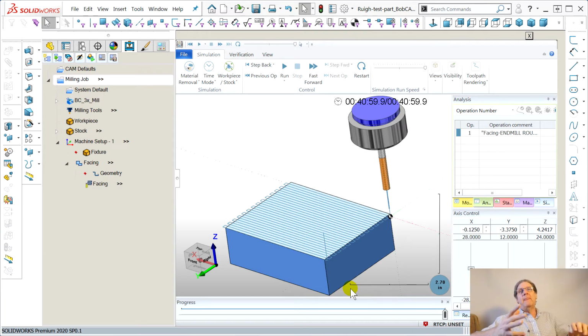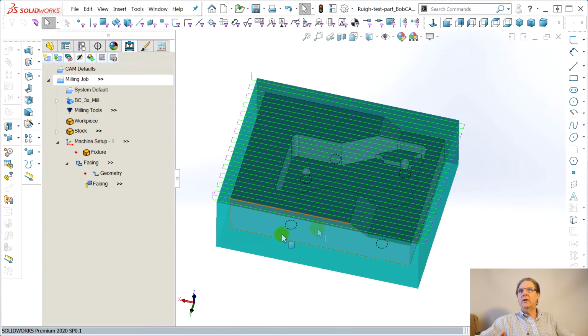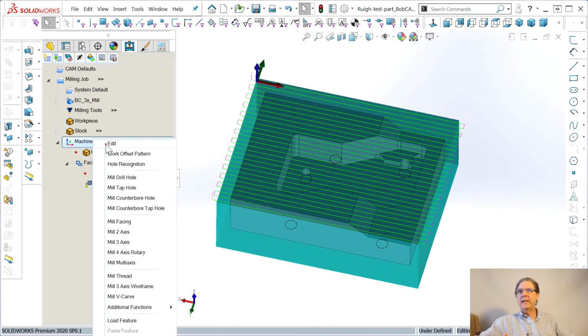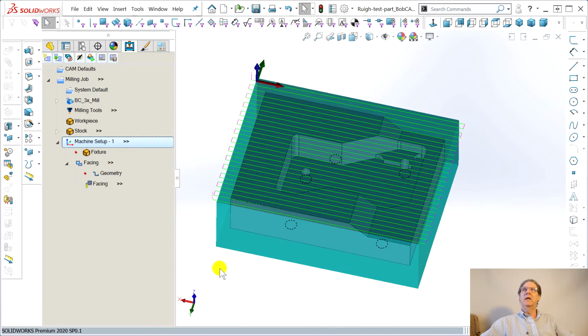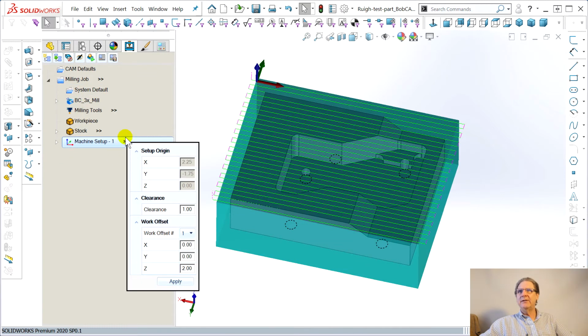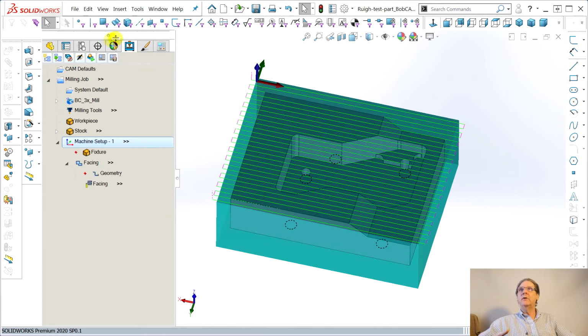So it took a while to figure out, well, the way to solve that, close it, go back to fixture 1, do that edit, go down here, and in work offset number 1, you're not going to change the number, enter, put this part 2 inches up and say yes. There's another way. I think you hover this or just press here. Yeah, you just hover. And see, there's our 2 inches that already went in. We can reapply it. Now, if we go simulate again,